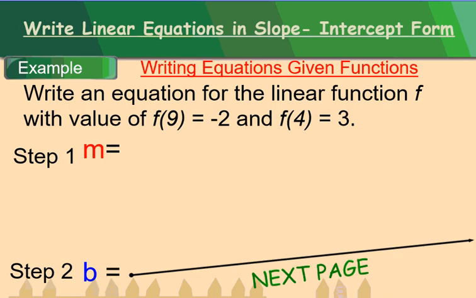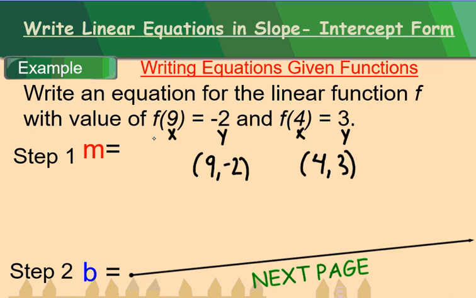Last point is, what if they give you the information in the following way? They say write an equation for the linear function f with the value of f of 9 is negative 2 and f of 4 equals 3. Well, recall in function notation, the inputs are x's and the outputs are y's. So this right here is really just the point 9, negative 2. This right here is really just the point 4, 3. So it would be the exact same problem as if they said write an equation for a line that goes through the points 9, negative 2, and 4, 3. I will ask a question on an assessment that looks just like this, just to make sure you understand the notation. There is no different mathematics going on, it's just how they